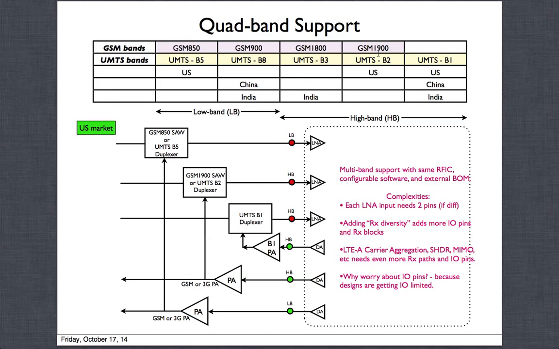So you want to support these two bands using hardware, and UMTS band 1 is very popular, so we'll support this. So how are we going to do these three things in a market like the US? Let's look at that example. Similar things as we talk about here can also be done for China and India and all the other markets by swapping hardware.